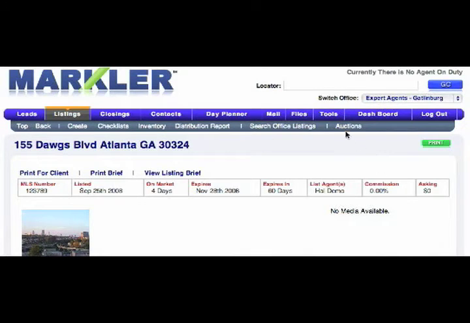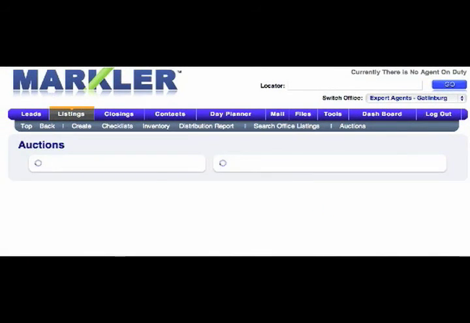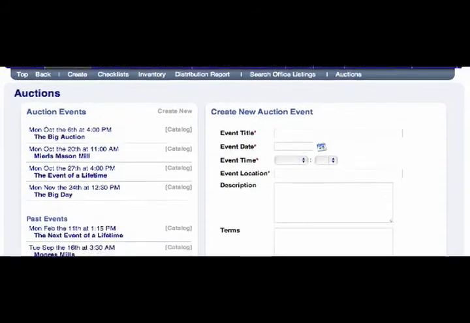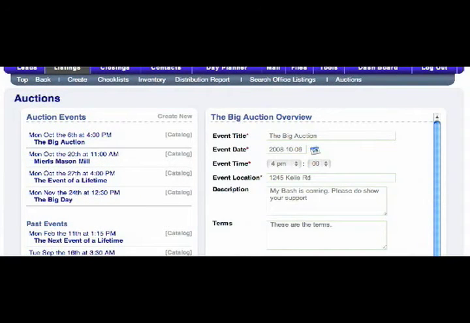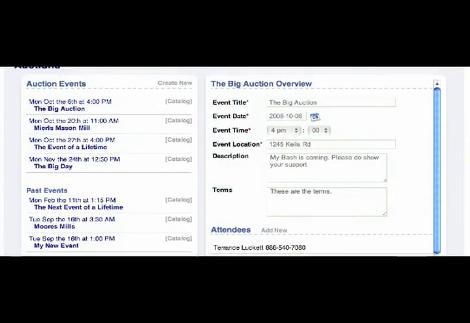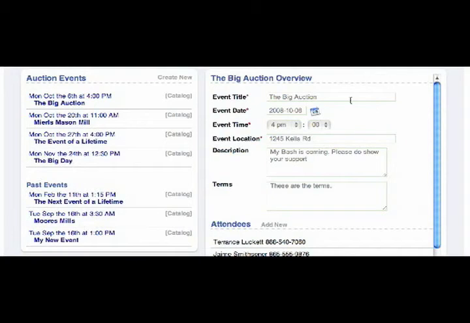Now on to auctions. Here we can see the new auctions panel, and we can see here are the events that are within our system, or we can create an event. Now say for instance we want to look at the big auction here on the 6th of October. By clicking on it, it brings up the auction for us. And as with the listing page, now anytime that we make updates, all we have to do is change the big auction